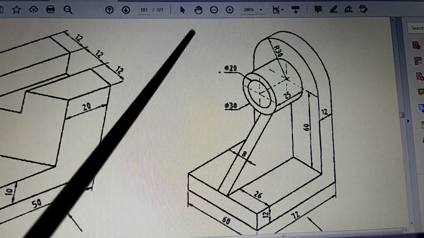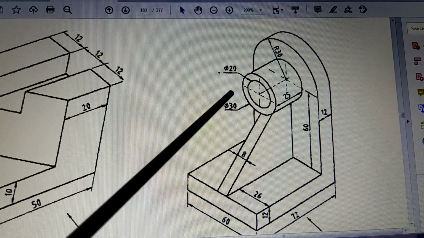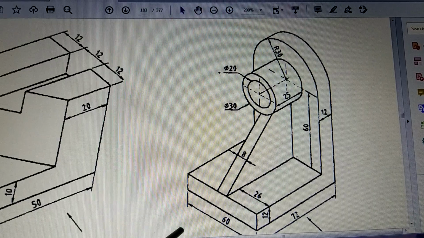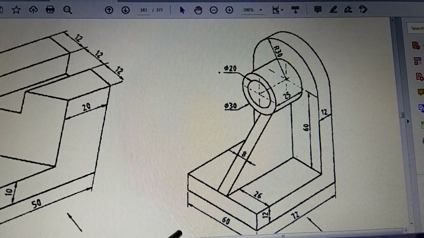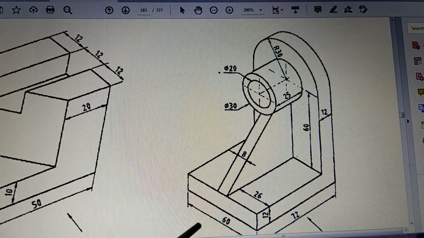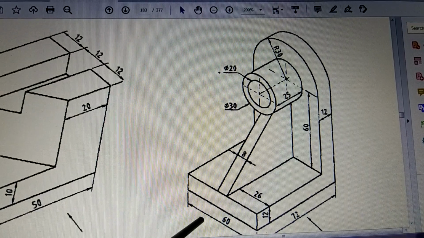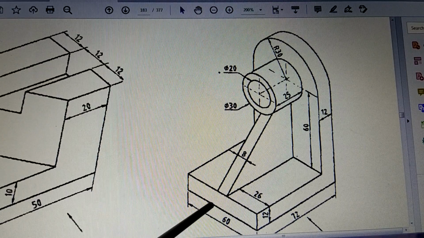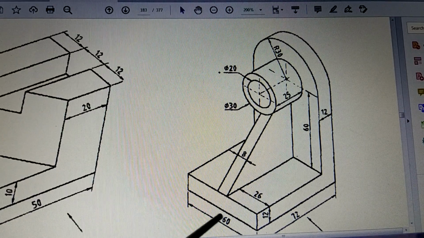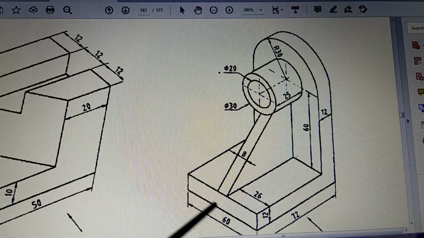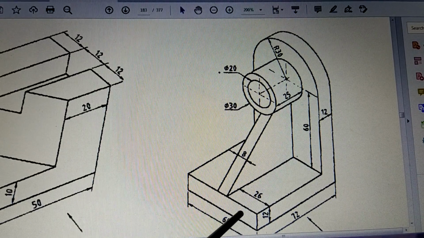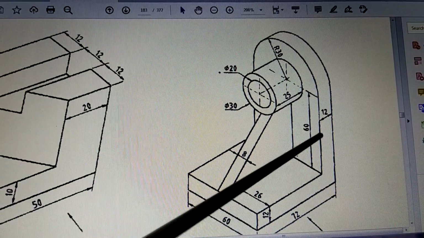So we have discussed the front view and top view. Now the next view is the left hand side view. What will happen if you look in this direction? How will the left hand side view be drawn? If you think about what is seen, the first thing is this rectangle. You can draw this rectangle of size 60 by vertical 12. Now above this rectangle, what will you see? You will see this shape.